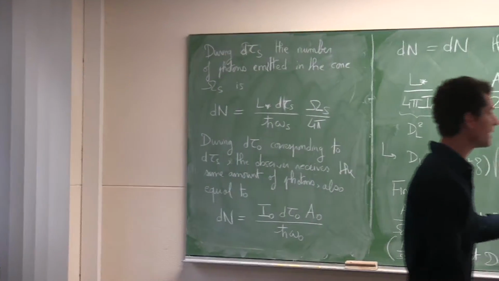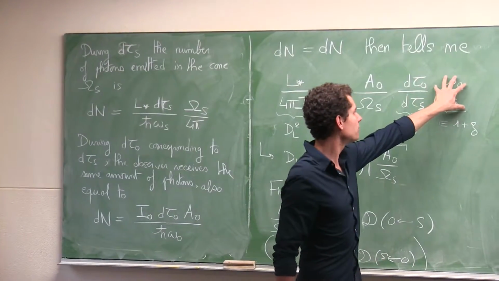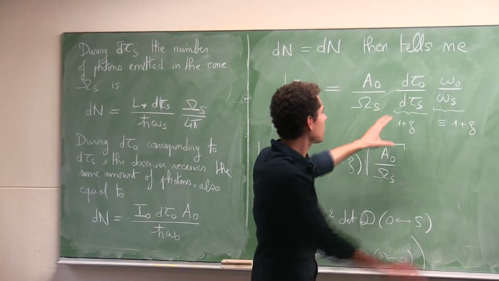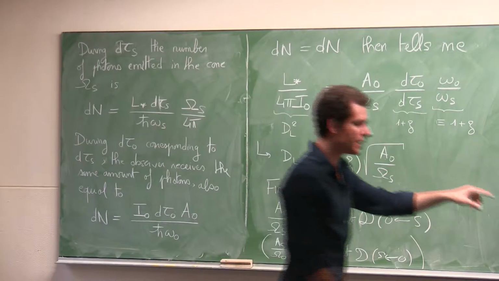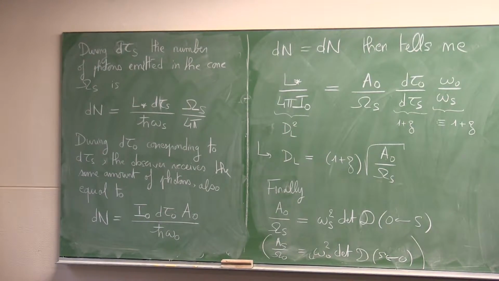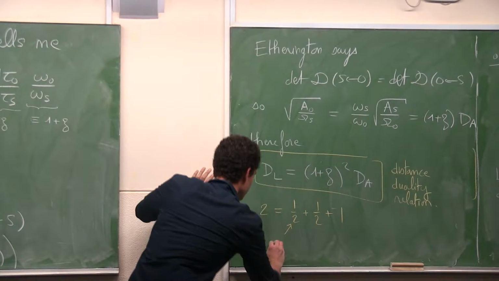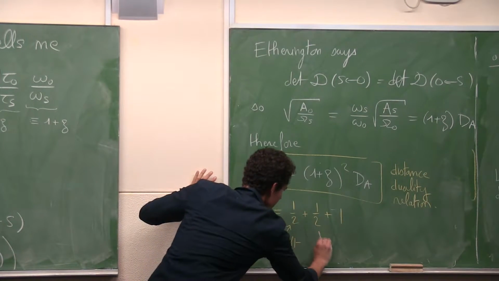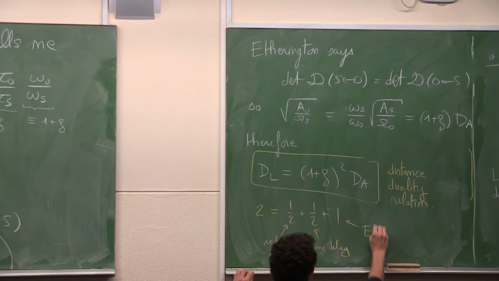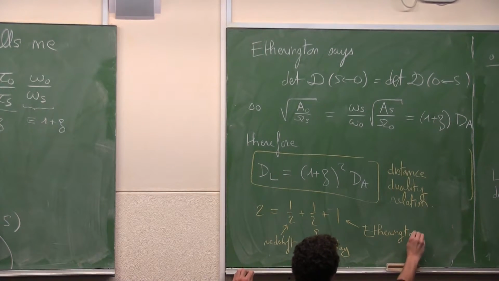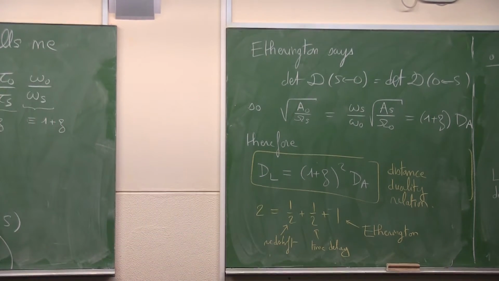So this is actually wrong, because as you see here, those two effects, redshifting of photons and time delays, are actually coming as a square, but then you take their square root in the definition of the luminosity distance. So the 2 here is 1/2 plus 1/2 plus 1. This is redshift. This is time delay. And this is Etherington. Or if you want, it's aberration. It comes from this change of point of view between converging and the observer or emerging from the source, in which the 4 velocities of source or observer